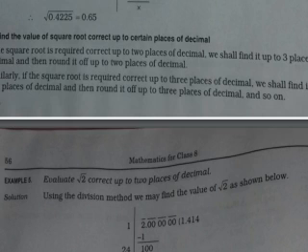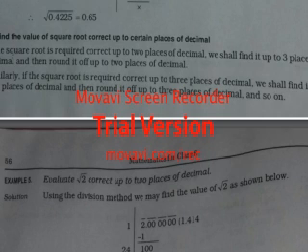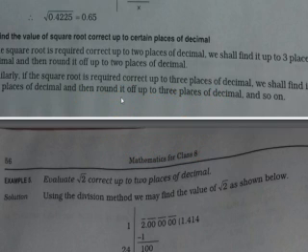So now here is another note. Similarly, if the square root is required correct up to 3 decimal places, we shall find it up to 4 decimal places and then round it off. Okay, it has been said that if you have to find up to 2 decimal places, then you have to find it up to 3 decimal places and round it off. If you have to find up to 3 decimal places, then you have to find it up to 4 decimal places and then round it off. And so on it goes. If it is 5, then you have to find up to 6 decimal places and round it off.